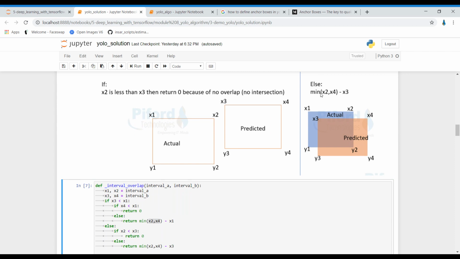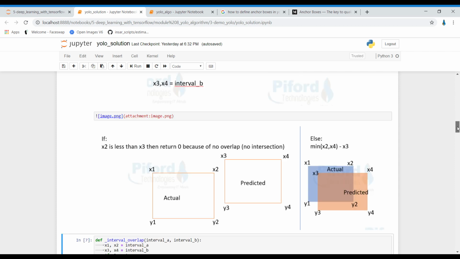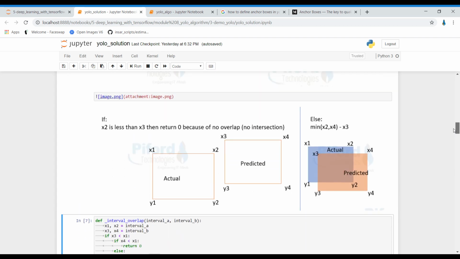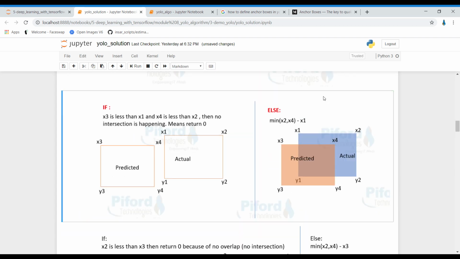Suppose this is the situation, and this is the predicted box. Let's check the minimum value of x2 and x4. Which is the smallest value between x2 and x4? x4 is the smallest, and then we subtract x1 from it. What do we get then? The width of the intersected area.